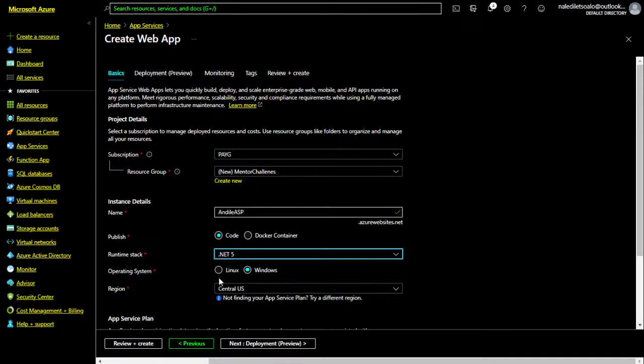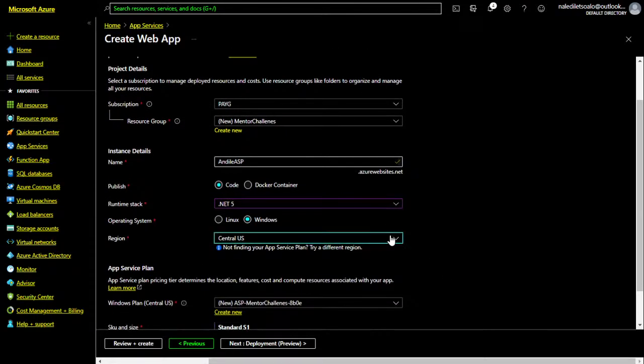So it automatically selects that I'm going to be running it in Windows. I can choose to run it in Linux, but let's just run it in Windows for now, right? Cool, great. So that's that. Now the next section is the region where this resource is going to be stored, right?